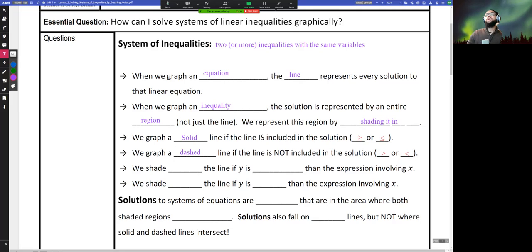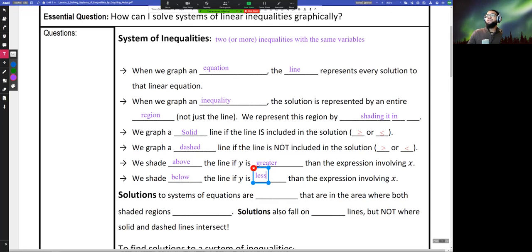Okay. We're going to shade above the line if y is greater than the expression involving x. So if we've solved for y and y is greater than everything on that right side, then we're going to shade above. And if we've solved for y again, and y is less than everything on that right side, we're going to shade below. All right, so shade below if y is less than the expression involving x. Okay,